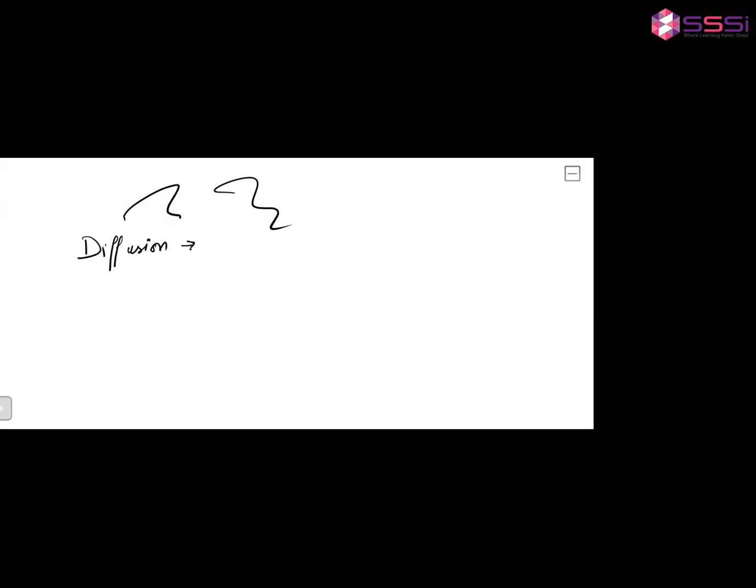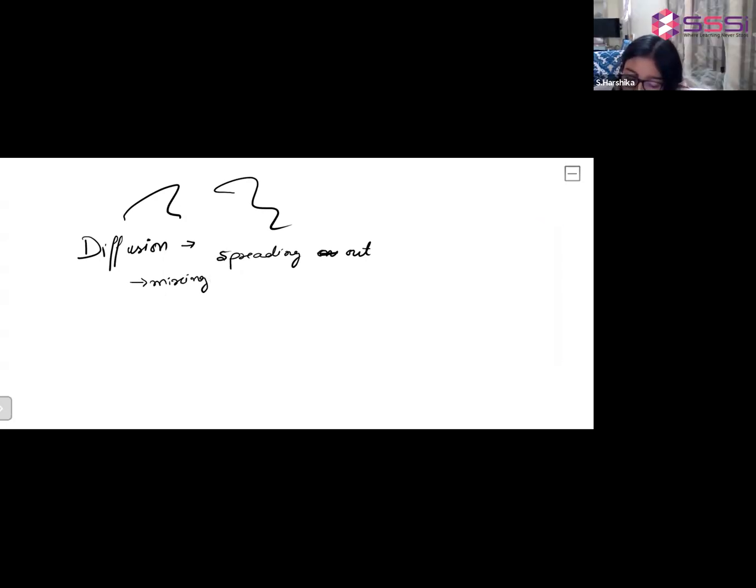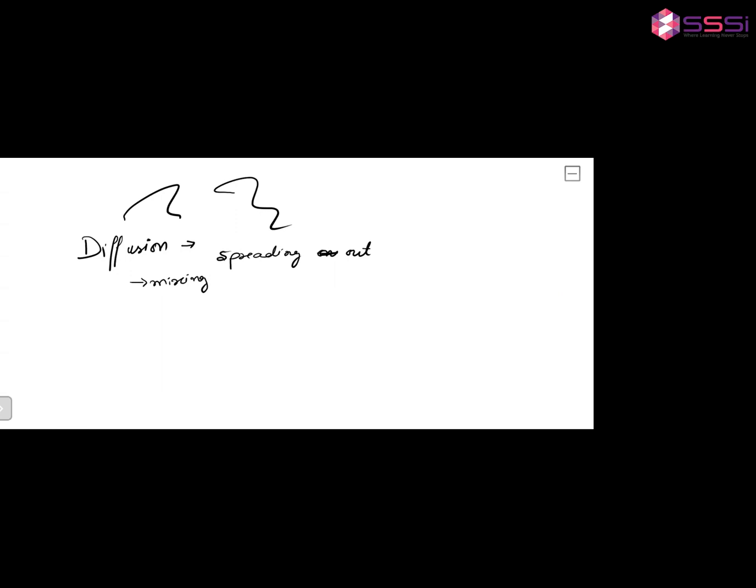Diffusion is spreading out and mixing of a substance with another substance due to the motion.